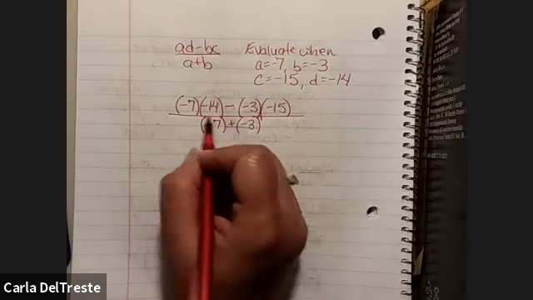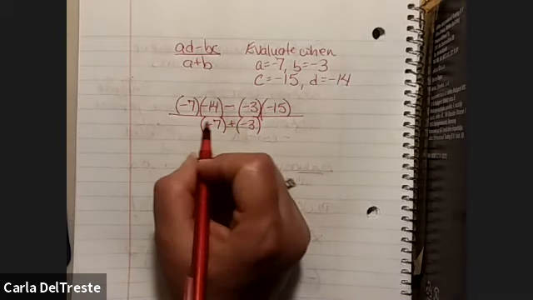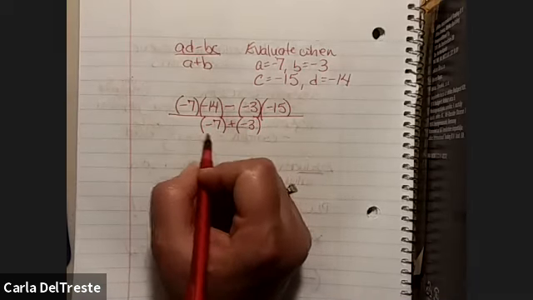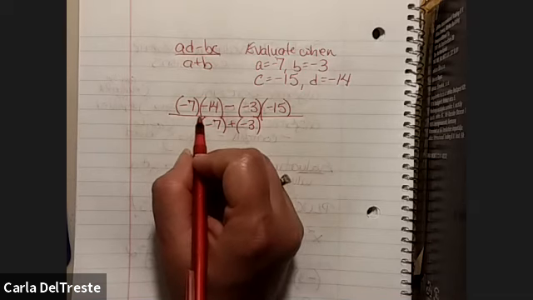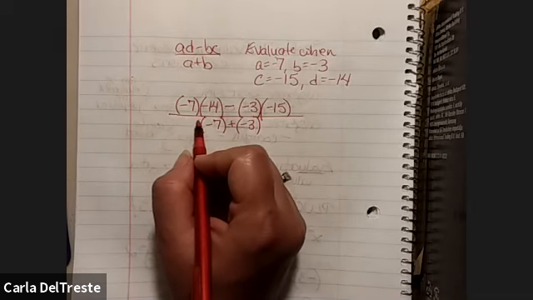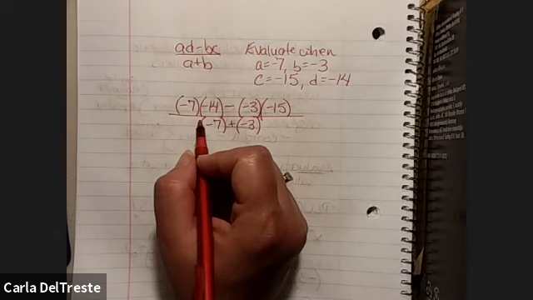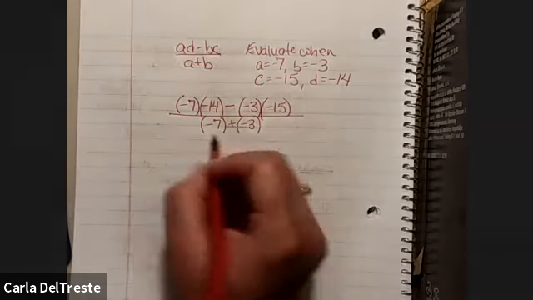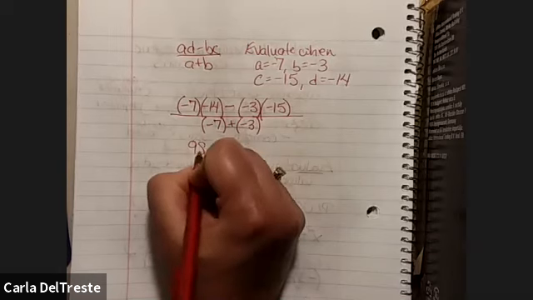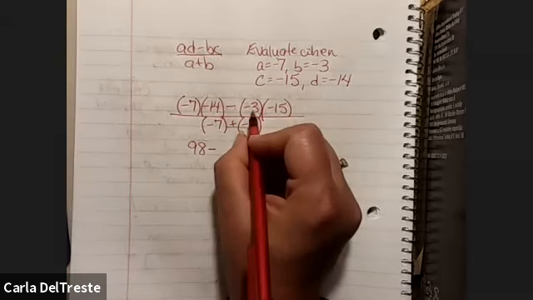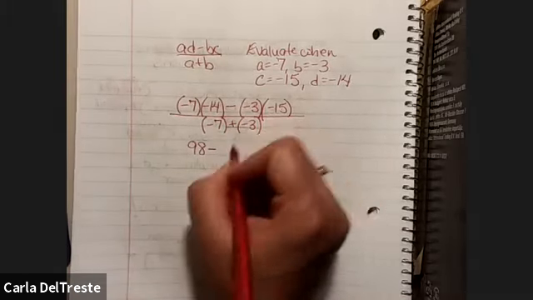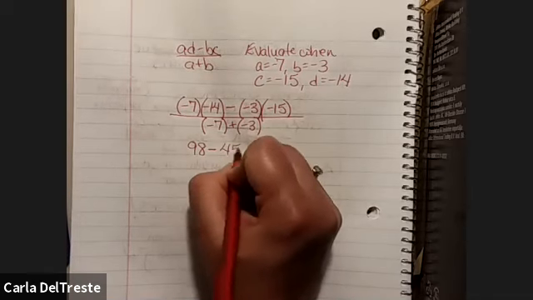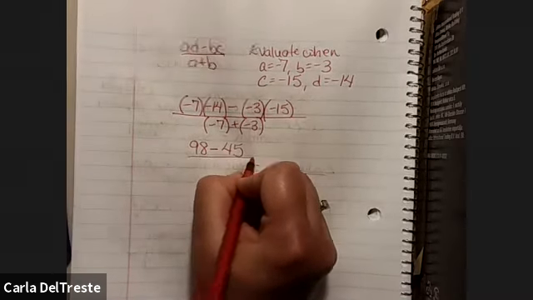Now, these are rather large numbers. No one is saying that you have to do these in your head. The intermediate steps can be done on your calculator. So if you use your calculator to do 7 times 14, I would feel more comfortable with that if it's going to help you get the right calculation. So this is going to give us 98 minus negative 3 times negative 15, which is positive 45, over, now remember,